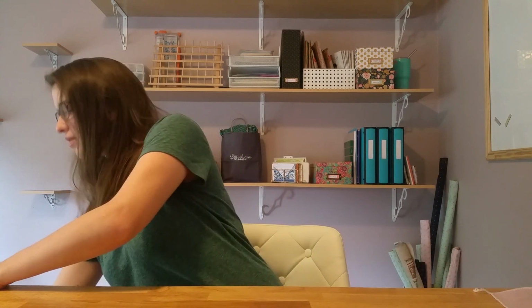I guess I'll just frame them and put them here because this is my workspace when I work from home, which I do on Mondays every week. I'm actually working from home today, but I'm filming this on my lunch break. So